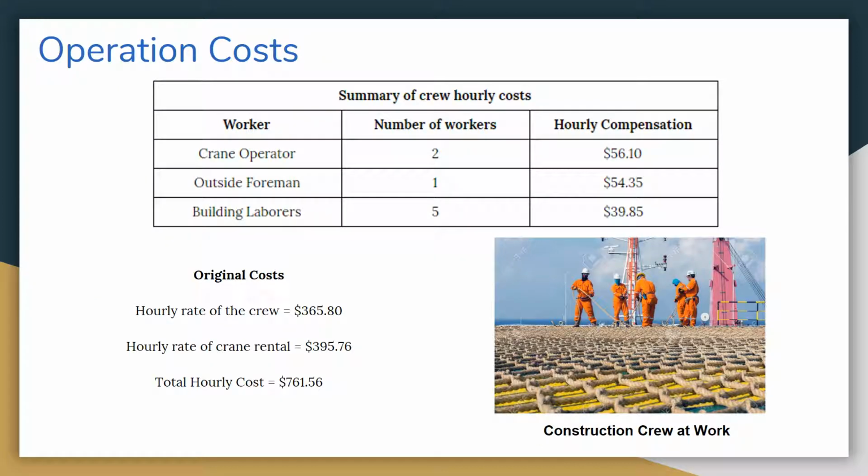The cost for each crew member is summarized in the table. Here our crew consists of a crane operator, an outside foreman, and 5 building laborers. And since there are 2 cranes, we have 2 crane operators. These are their hourly compensations. So altogether, the hourly rate of the crew is $365.80, and the hourly rate of the crane rental is